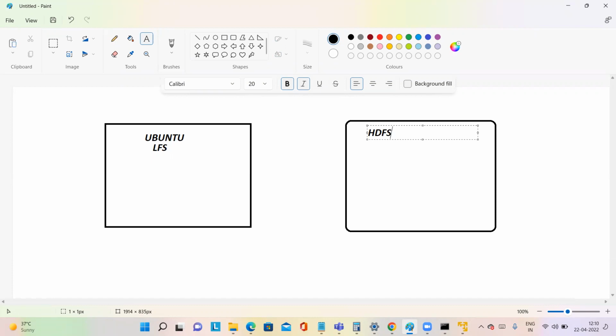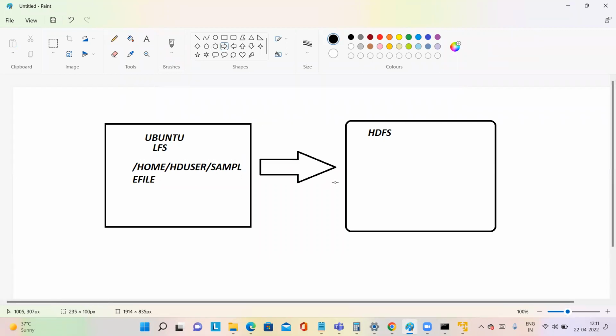In HDFS, you have 5 daemons, master slave architecture, you have replications, you have blocks and everything, right? Now, there is a file called home HD user sample file. Once this file is placed in Hadoop, what happens? It will be converted into a block in HDFS, right? So how do you do that? We have two commands called